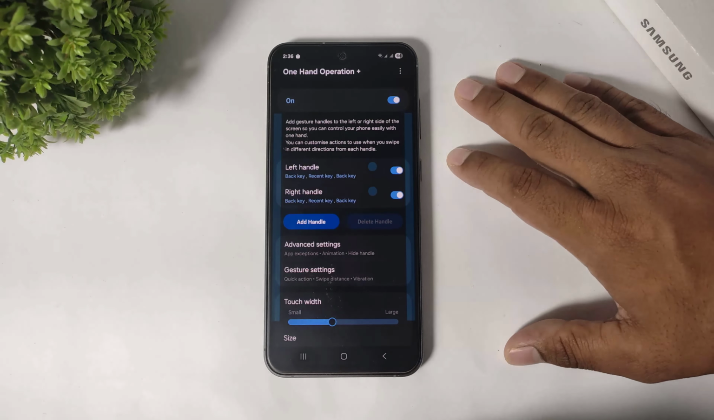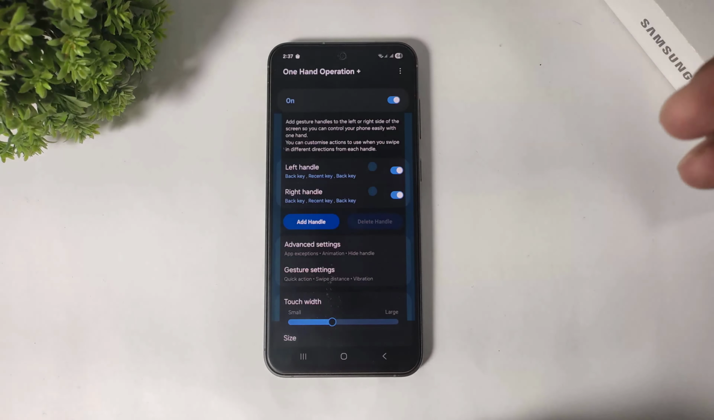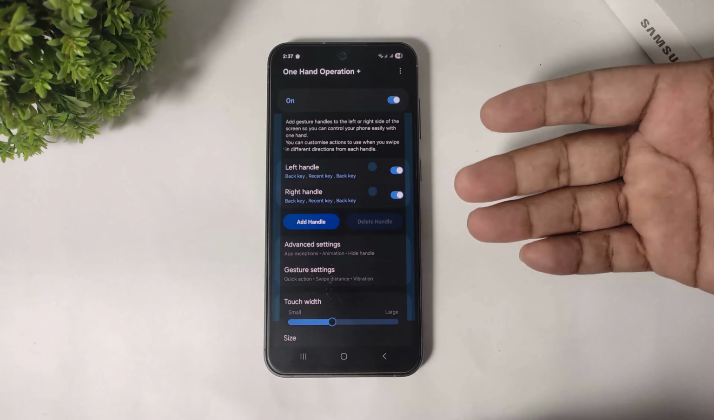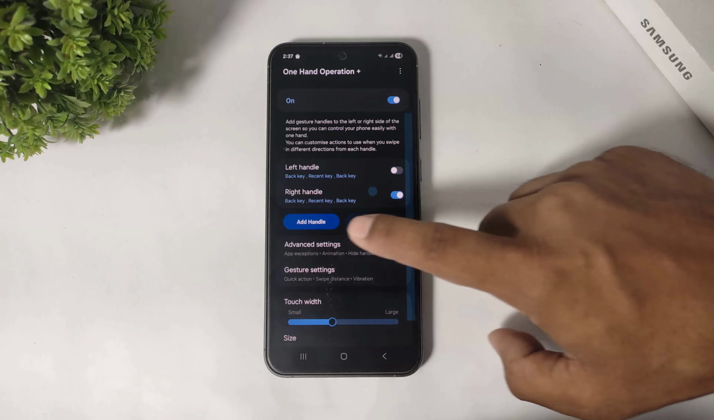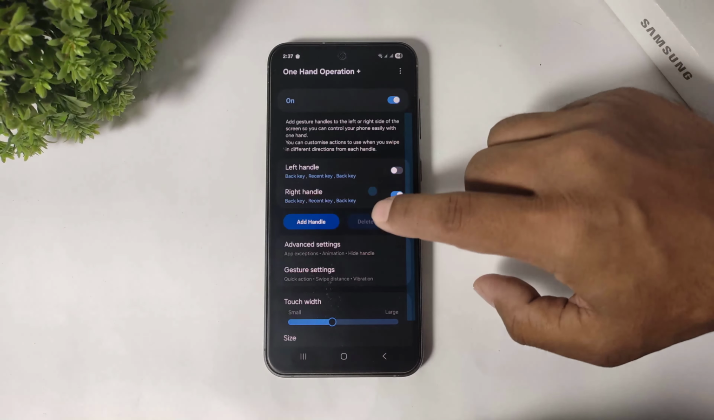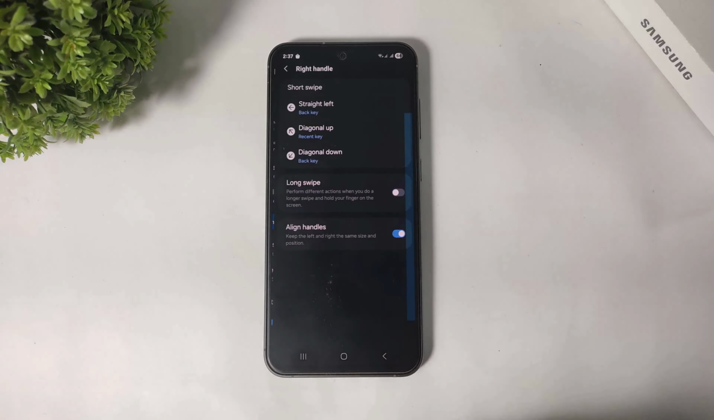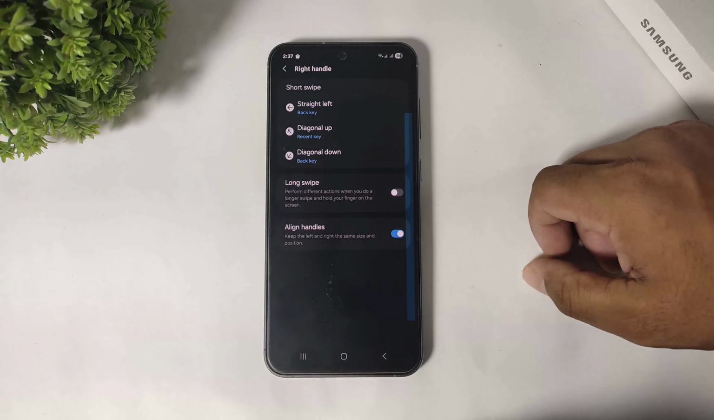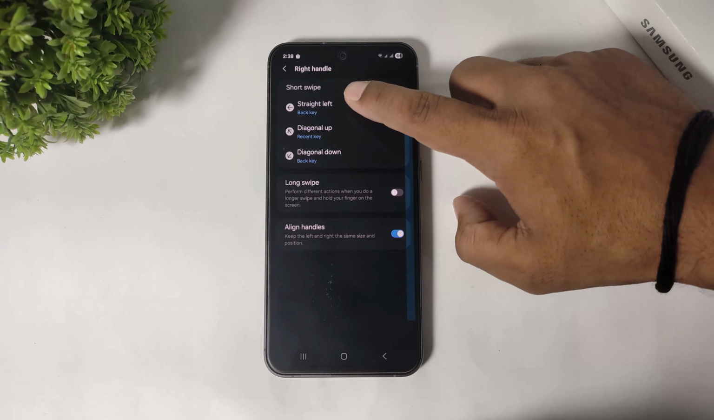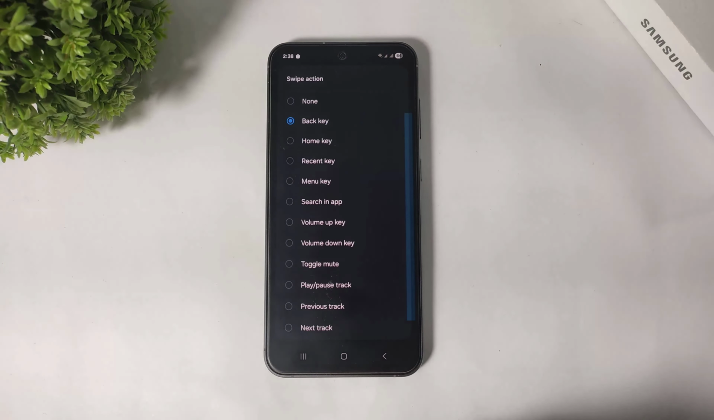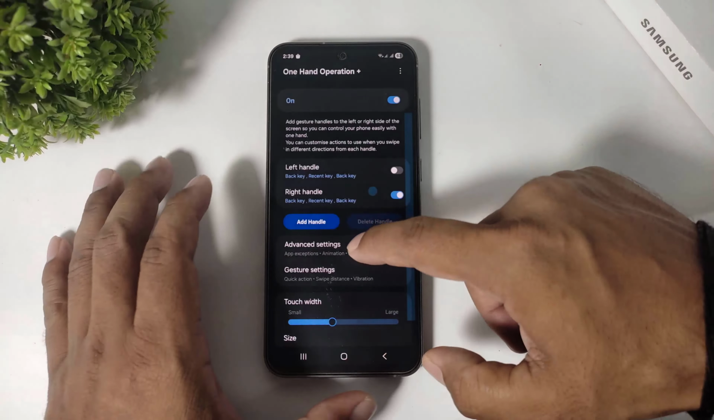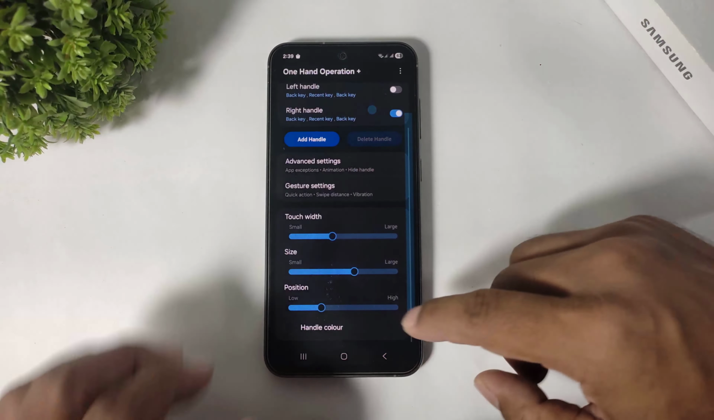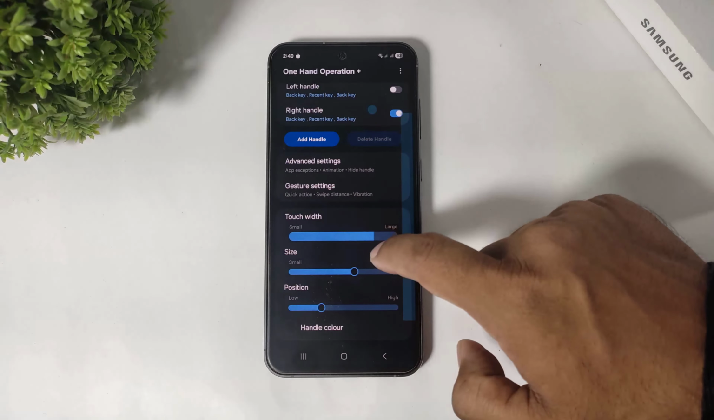Then simply, guys, choose either side, depending on which side you want to turn on. So I will choose the right handle. Simply turn on the right handle and tap and go to advanced options. And guys, simply tap on swipe left, and after tapping you can see many options in this. And guys, you can see the back key. Simply go back and set your handle touch width, size